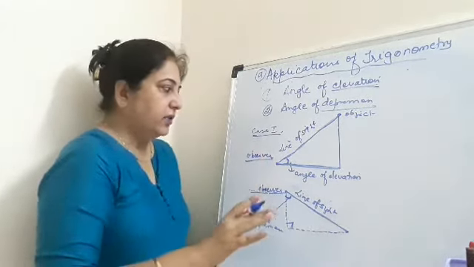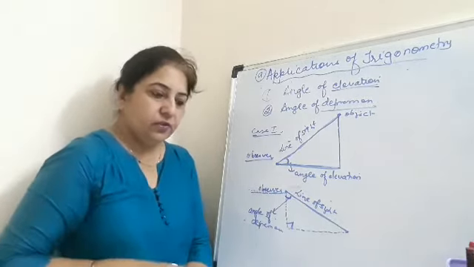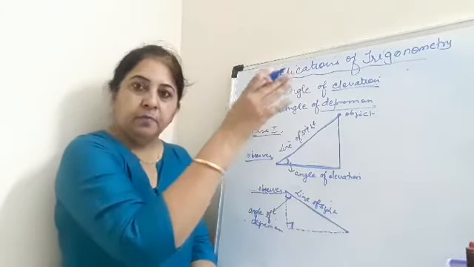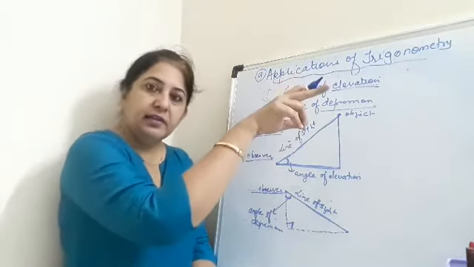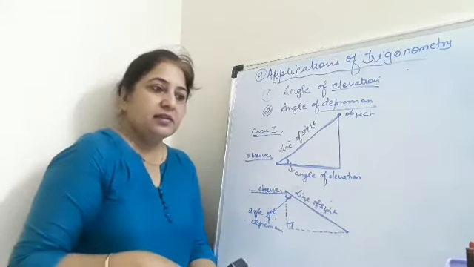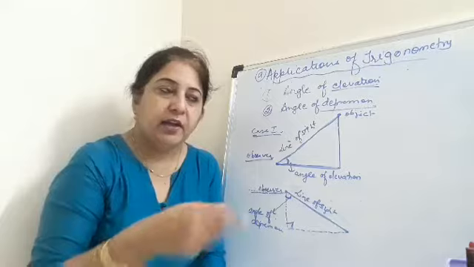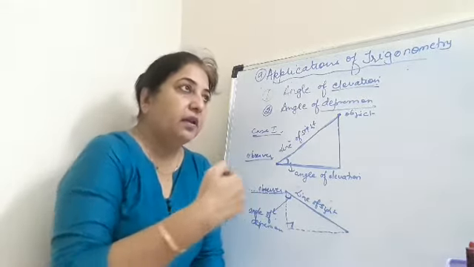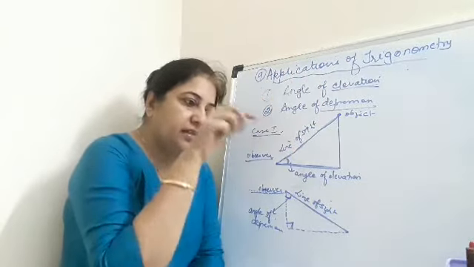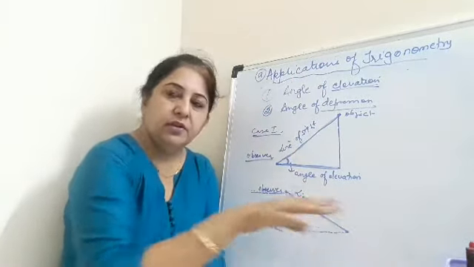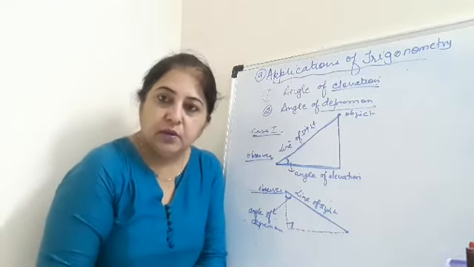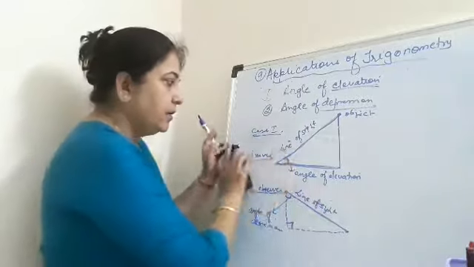So there are two angles. One is the angle of elevation, which is formed when the observer is on the ground and the object is somewhere at a height. And when the observer is at the height and the object is somewhere down, then there will be the angle of depression. Okay, so you can do it with the action of your hands. When I say up, something going up, this will be the angle of elevation, and when my eyes are going to look down, this will be the angle of depression. Depending on the question in the word problem, we have to just analyze it and see.